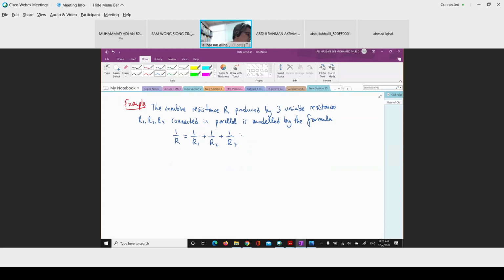Yeah. And suppose at a certain instant, this is a problem from a calculus book, an exercise problem. Yeah, this problem is taken from a calculus book in the exercise. So let's solve this exercise problem. R1 equal to 100 ohms, R2 equal to 200 ohms, R3 is 300 ohms,